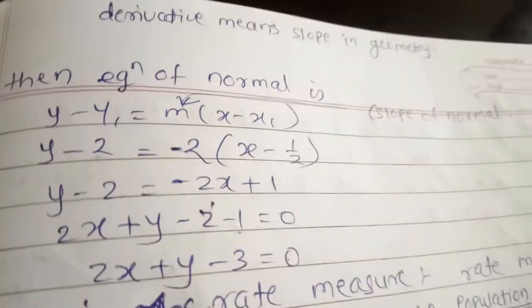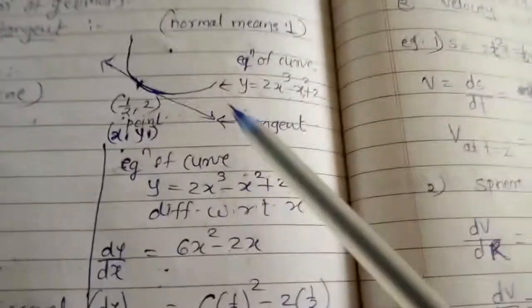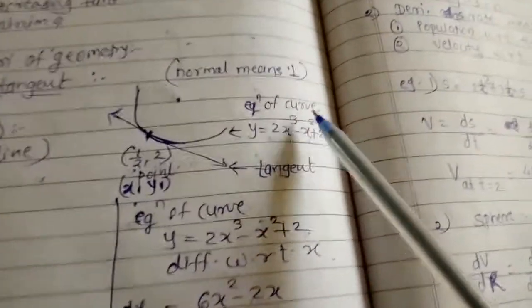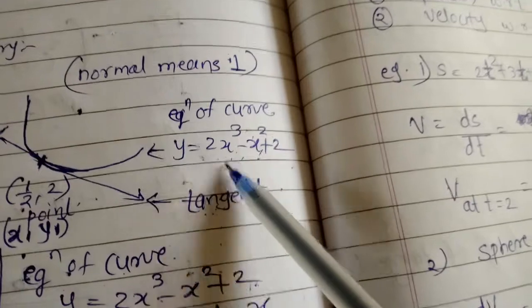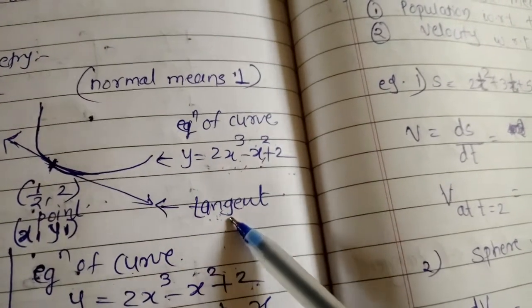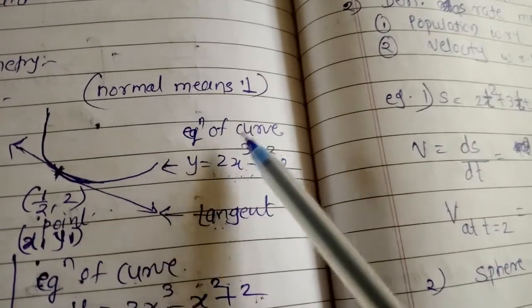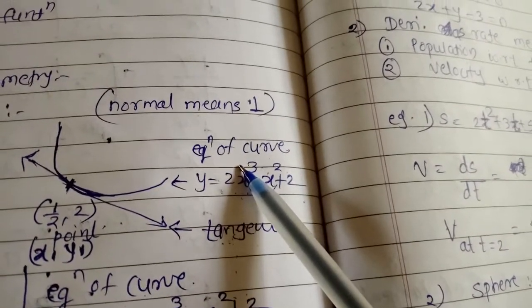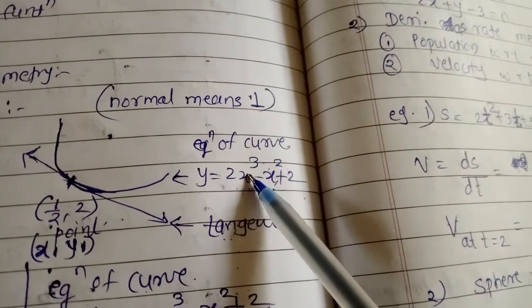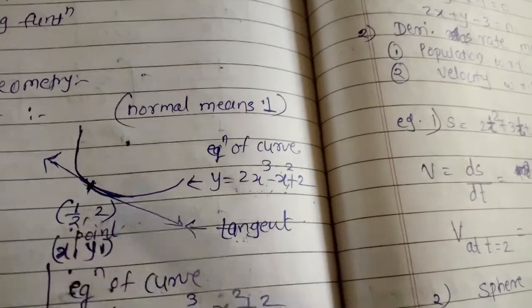So in this way we can find out the equation of the tangent and equation of normal using the concept of derivative. हमने क्या यहाँ पे यूज़ किया, जब हमें कर्व का इक्वेशन दिया होता है, अगर हम उसका डेरिवेटिव लेते हैं तो हमें टेंजेंट का स्लोप मिल सकता है. So keep in mind, if we take the derivative of the equation of the curve and put the value of this point in it, then we get the slope of the tangent.